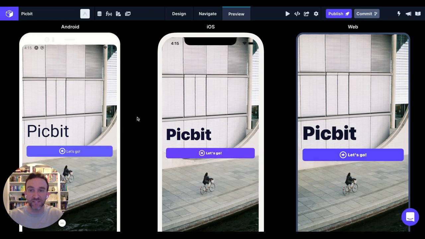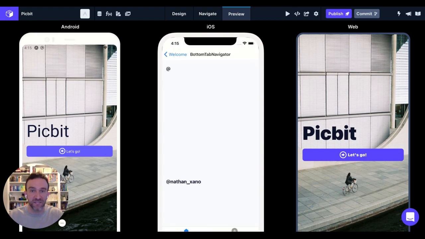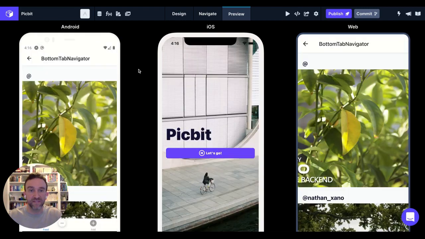Preview mode is designed to give you a side-by-side view of your app in all 3 different modes, so you can see the impact of design choices on the different operating systems. It's a quick and simple way that allows you to see what your build is going to look like on a real device without needing to publish to the App Store or to TestFlight or anywhere else.